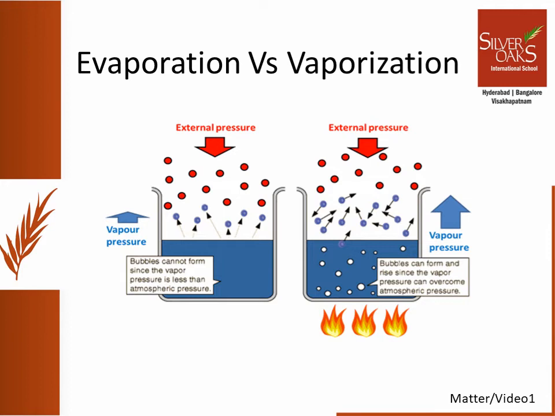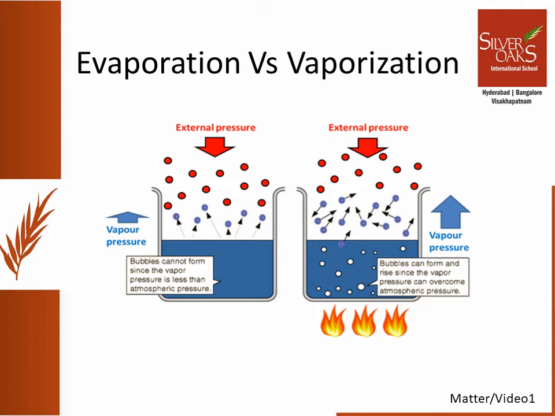And when the pressure exerted by this vapor, which is created in the whole bulk, is similar to the external pressure, we say that the liquid has reached its boiling point. Since the change is happening throughout the volume of the liquid, we say that boiling or vaporization is a bulk phenomenon. Now this evaporation process happens at room temperature, most of the time below the boiling point of the liquid, whereas boiling or vaporization will occur at a specific temperature called the boiling point.